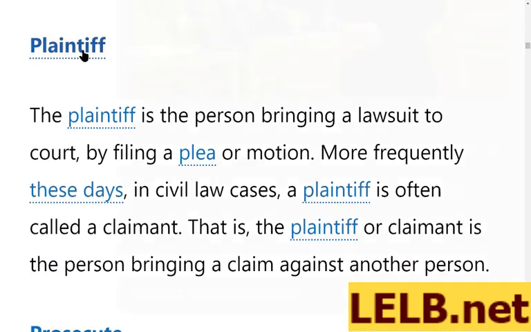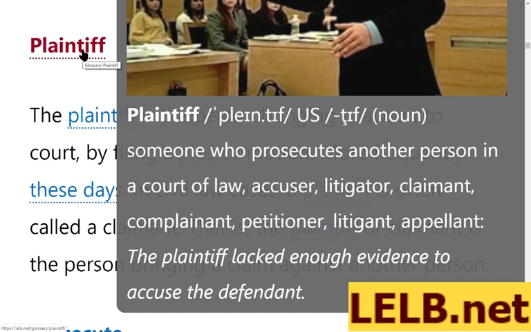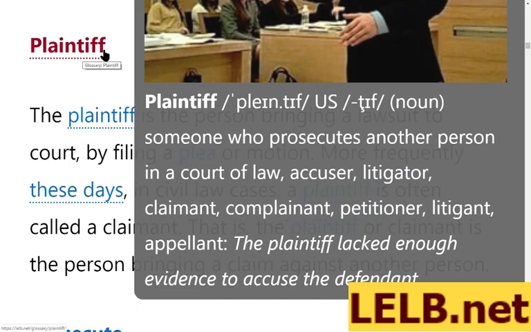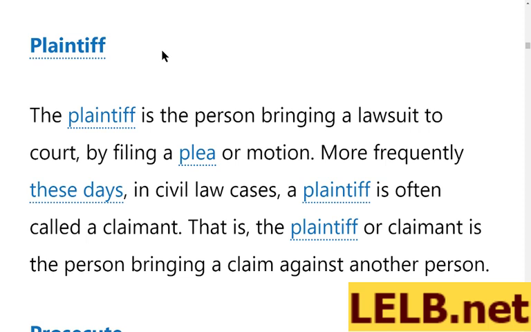Plaintiff. Plaintiff means someone who prosecutes another person in a court of law. Accuser, litigator, claimant, complainant, petitioner, litigant, appellant, and the rest. You know, on LELB Society, you can access all of these